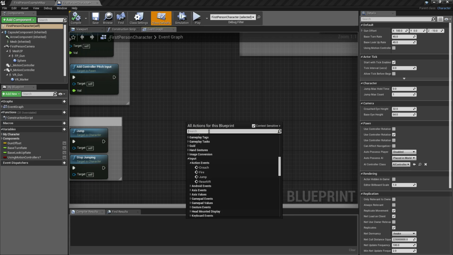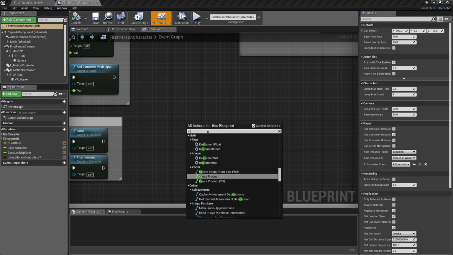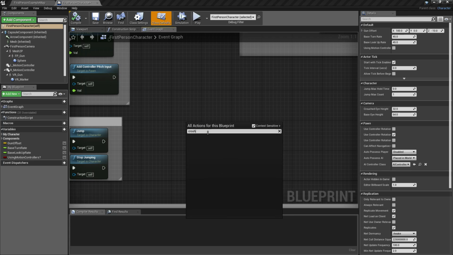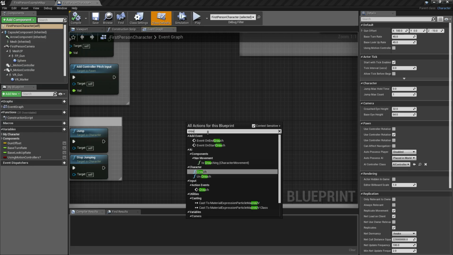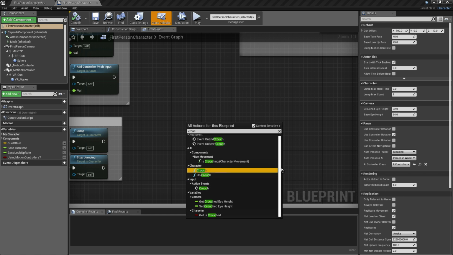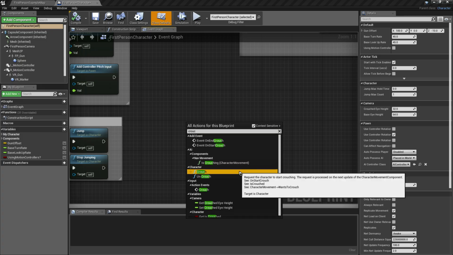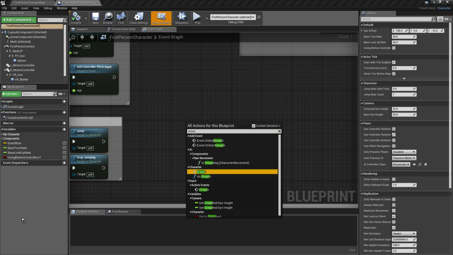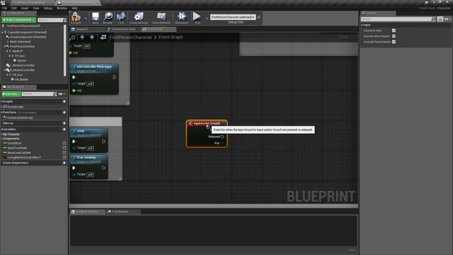Or you can quickly search the term that you are looking for, just like this. And as you can see, all the crouch related nodes will be displayed in our search tab. So just select the node for the action event of our crouch. So this is the node.